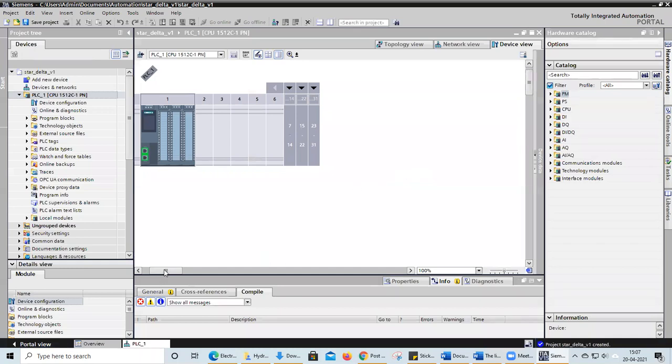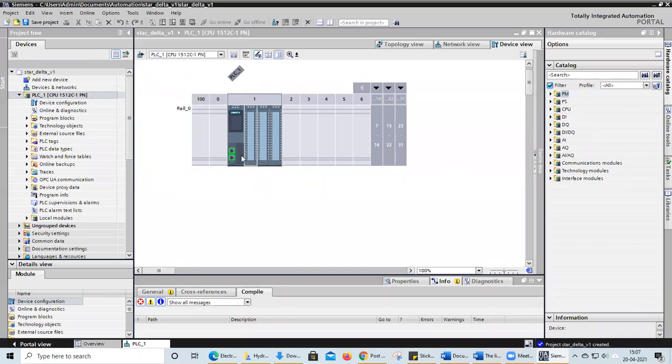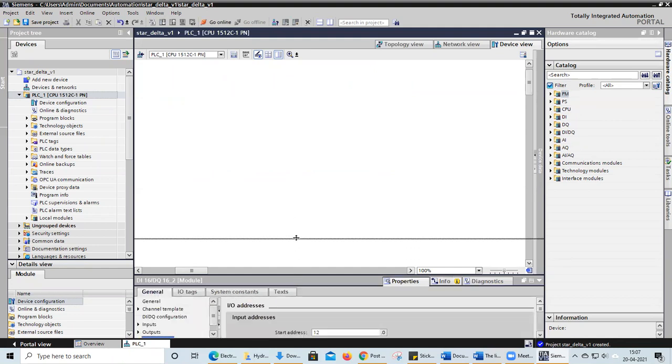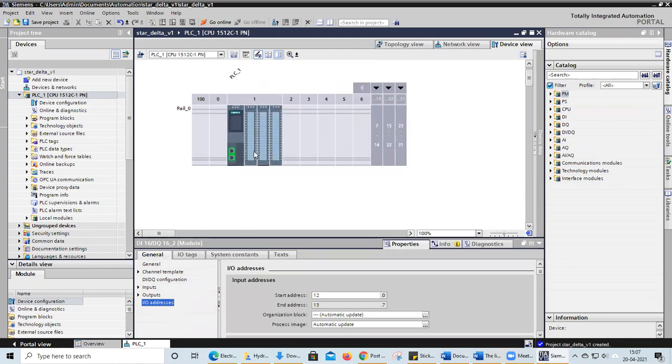Okay, we have added our CPU into our block. As usual, we know the inputs and outputs. Now, once again, I will show you. Right click on the last column. In this column, we will know the address of our digital IOs. So you can see the IOs. Starting address is 12.0, ending address is 13.7.